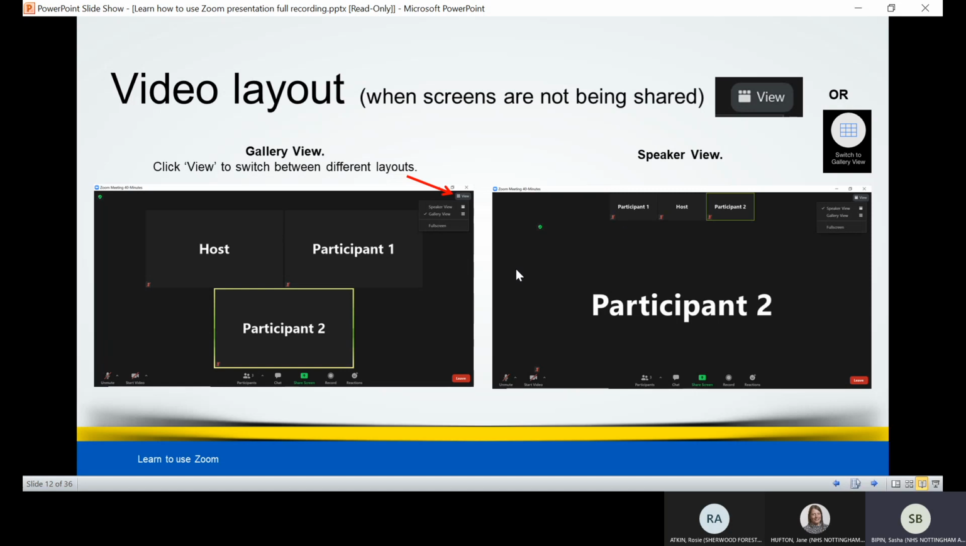So again, with Speaker View, you can see the main person who's talking, but not necessarily all the time everyone else in the meeting. Whereas with Gallery View, you should be able to see multiple people who would be of the same size icon within the meeting. And again, if you wish to change back to Gallery View from Speaker View, you can do so by clicking on the View button and then selecting Gallery View, and that will take you back to this view where you can see